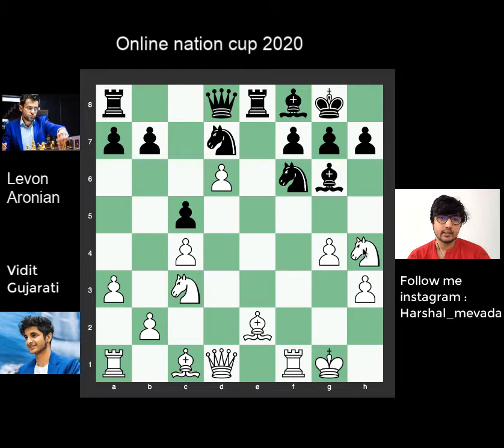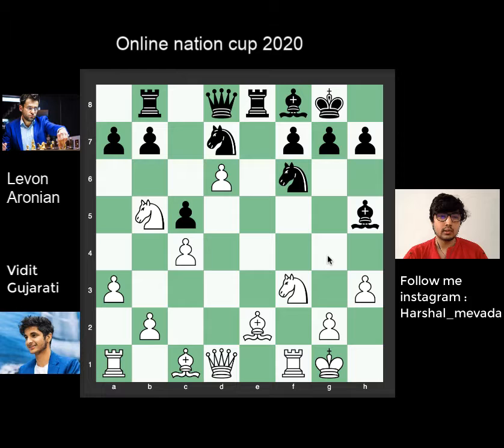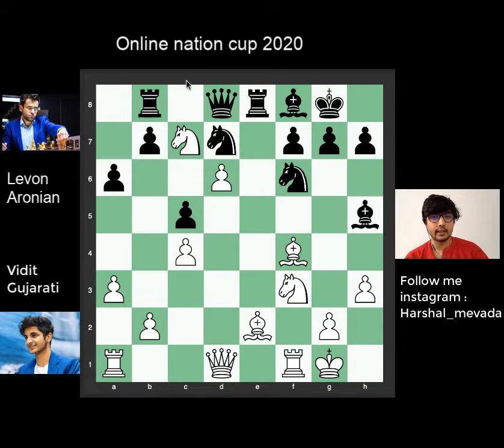this way you can trap this bishop. But in the game, yes, the bishop goes back and knight to b5 was played, not immediately trying to trap the bishop. Rook b8 was played, and bishop to f4, protecting this pawn. So now here Aronian pushes a6, and then puts the knight in a very wonderful square,